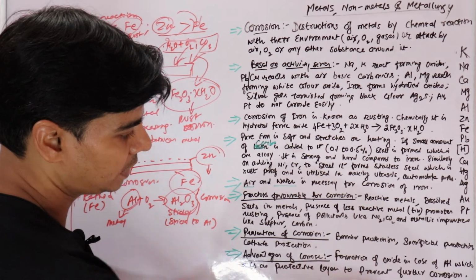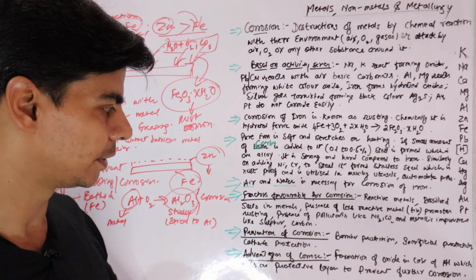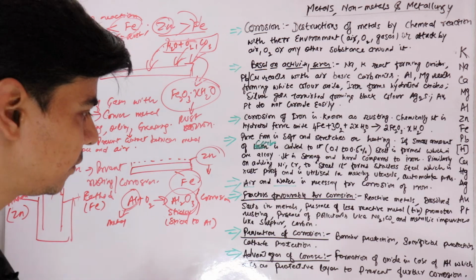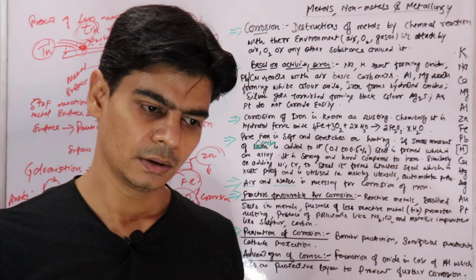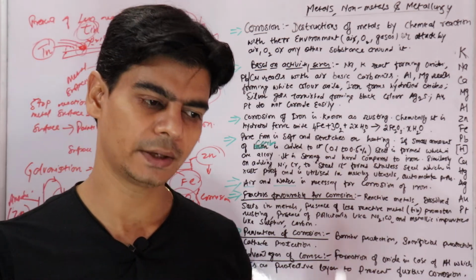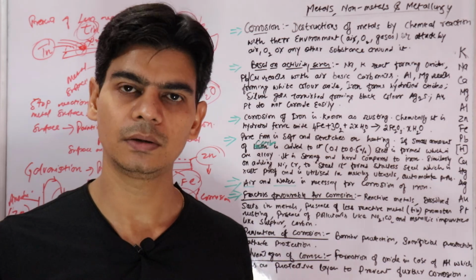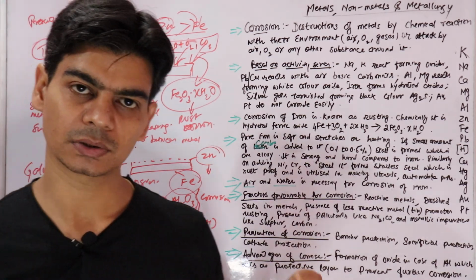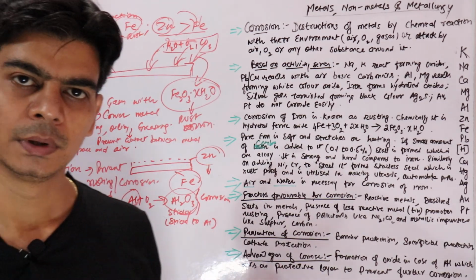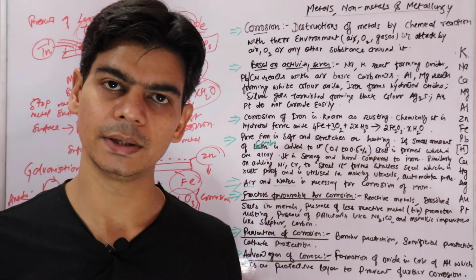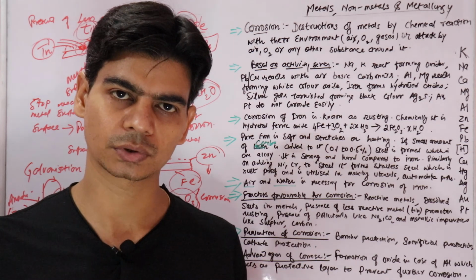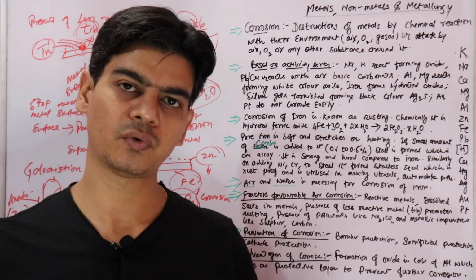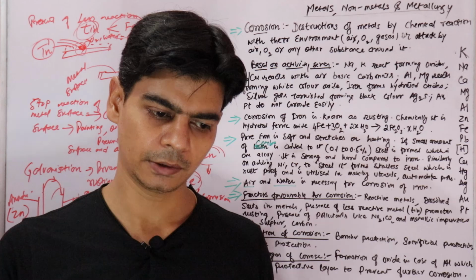So this is one of the advantages of corrosion: formation of oxide in the case of aluminium, which acts as a protective layer to prevent further corrosion. The protective layer is of aluminium oxide, which is sticky and sticks to the surface. It's not like iron, because an oxide also gets formed when iron reacts with air. But in the case of iron, the oxide is not sticky like aluminium. That oxide is a powdery or amorphous oxide, kind of porous, that will fall off from the surface of iron, and hence further